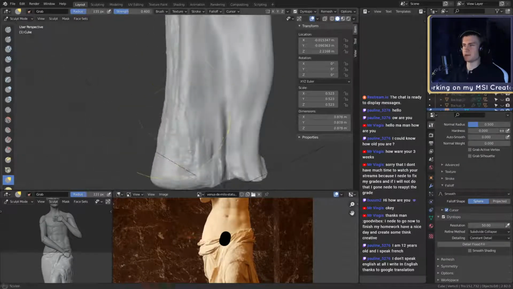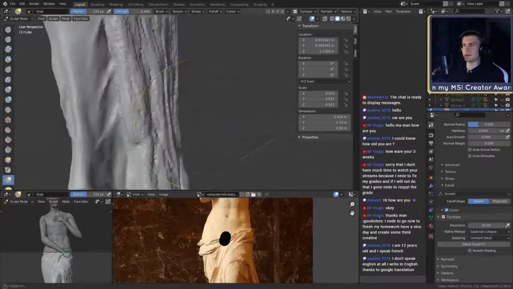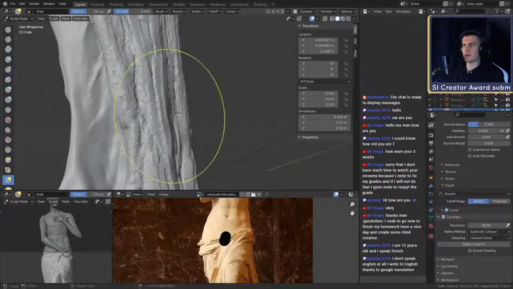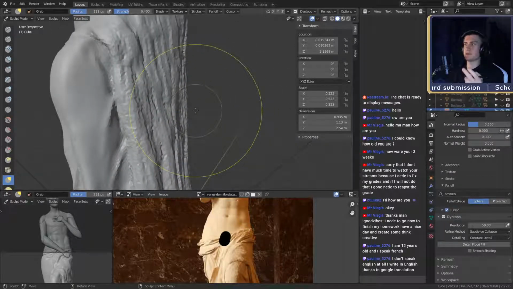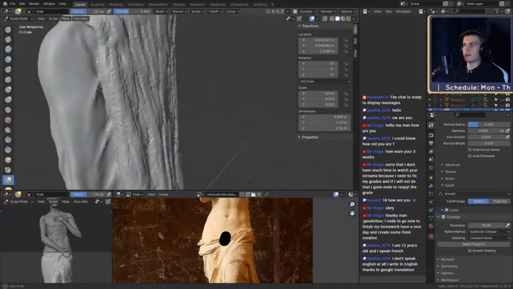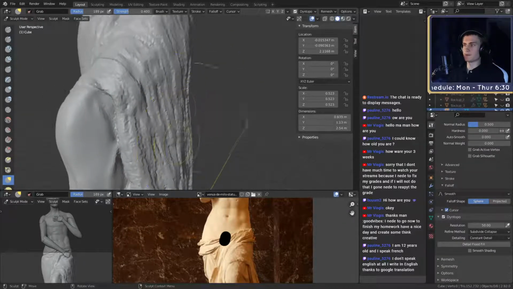Retopologizing the cloth will be interesting. I'm not quite sure how deep I want to go there. Good thing is, if you retopologize cloth, and it should be pretty low poly, you kind of have to keep the structure in mind.